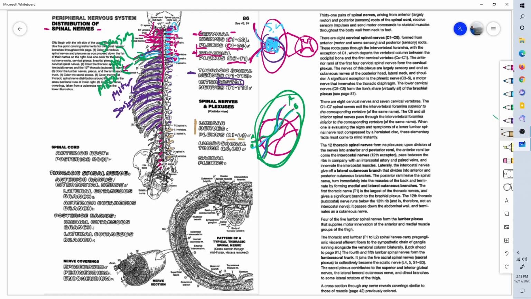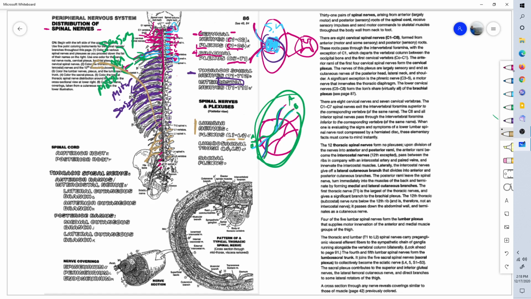L1 to L4. After these little spinal nerves leave, watch, they form a plexus. They can kind of come together and form a plexus before they go off and do the things they need to do at the places they need to do them. And you can see, and of course, where do you think they'll go? Where do you think the lumbar plexus will go? What will it innervate? The arms up here? No. The lumbar plexus